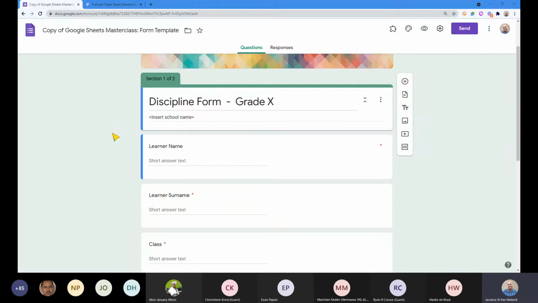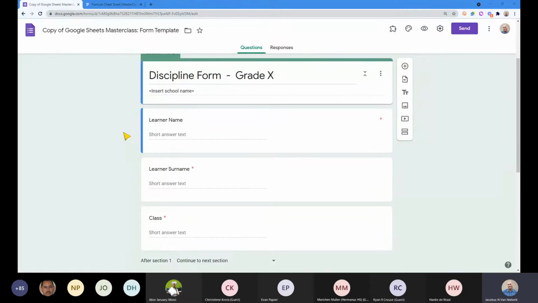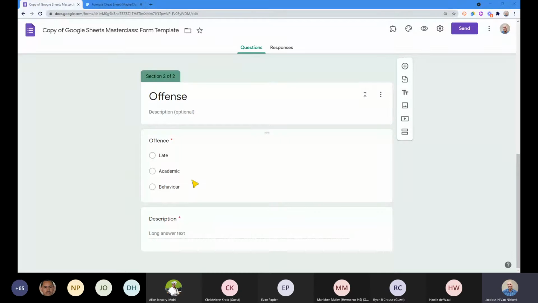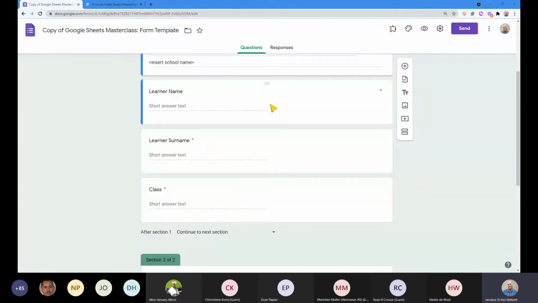First let's talk about the form itself, and specifically, and this really is an important thing to keep in mind when you are designing and building forms, and that is, how can I limit the input that I have? So last time we looked at the learner name, learner surname, and combining these things, but now we're actually going to just do away with everything that you see in front of you. So we are really kind of interested in this last part, because we want to be able to link the offense and the description of that offense to a learner.